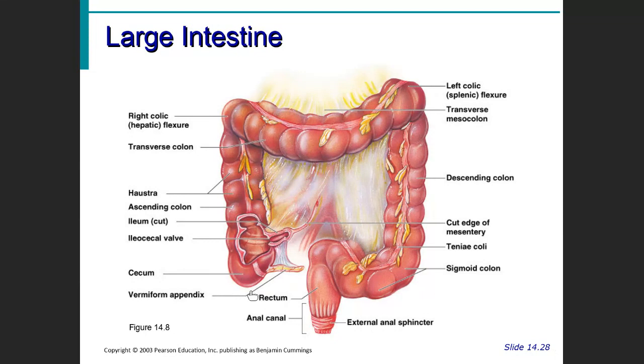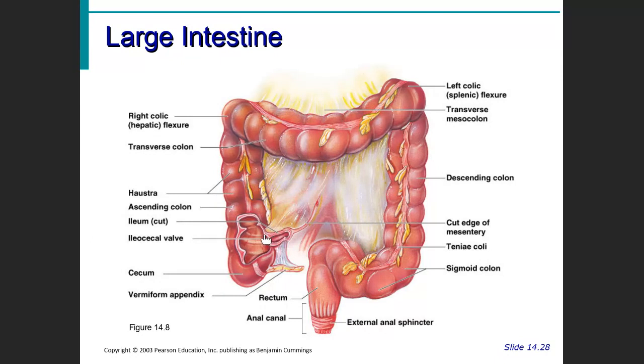is called a cecum. And so the valve that opens between the large intestine and the small intestine is known as the ileocecal valve. The ileum is the last few inches of the small intestine, and the cecum is the first part of the large intestine. At the end of the cecum is the appendix, and the appendix has basically no function in the human being, and sometimes it could even get infected and cause issues. And you might have to actually get it cut off.